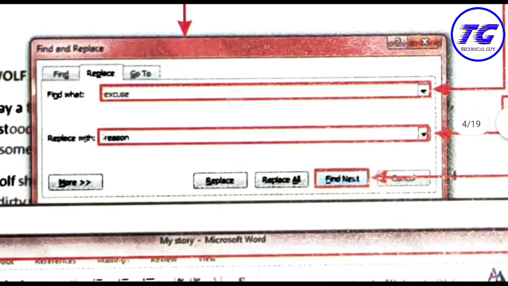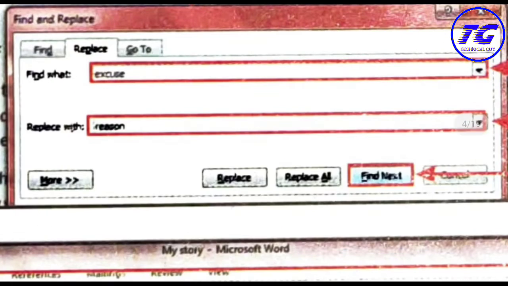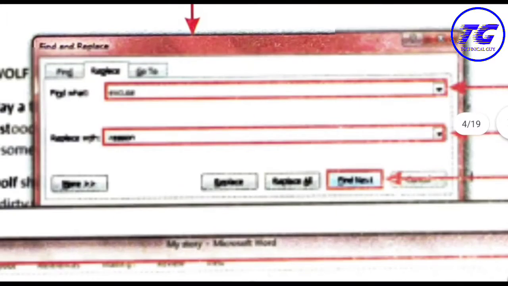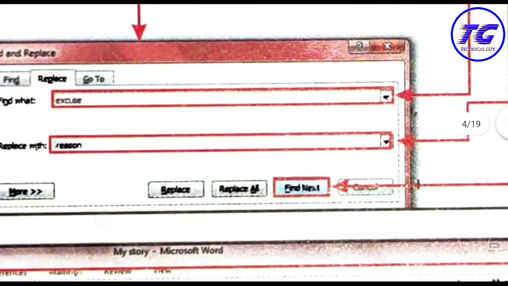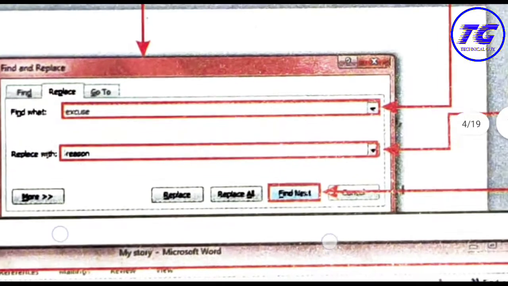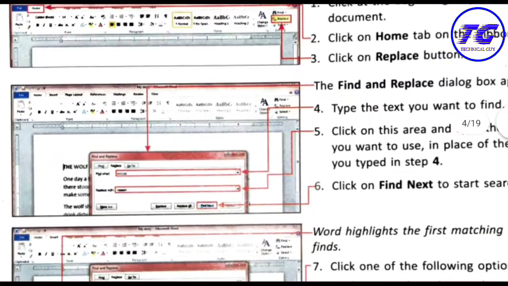In the first box, called the find what box, you have to write what you want to find in the document, and the second box is replace with. So this is the text with which the previous text will be replaced. You can write in both boxes, and then you have the replace button and the replace all button, so you can click on any button to make changes in the document.